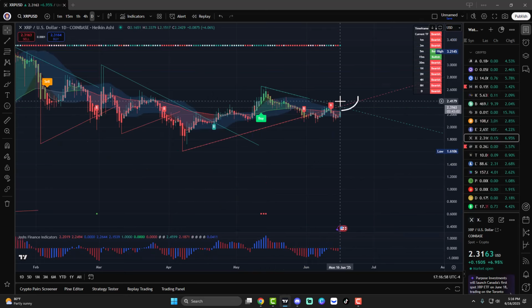With XRP, though, we're kind of breaking even within the trade, probably over the last month. There's not been a lot of movement on XRP, so there's not really been any way to make gains on it besides futures trading, which we do in the Discord as well. If you look back on XRP, you can see the potential of it coming back up to around the 258